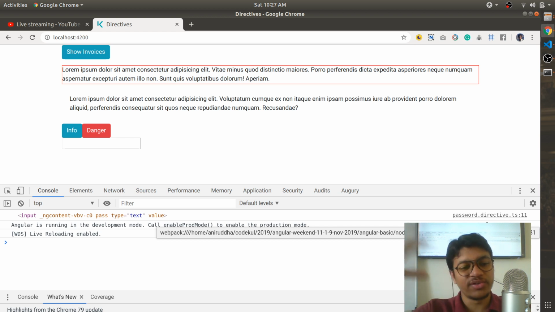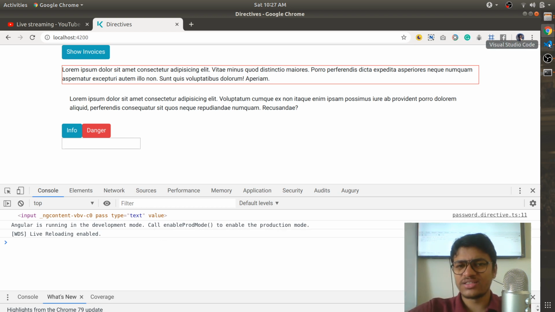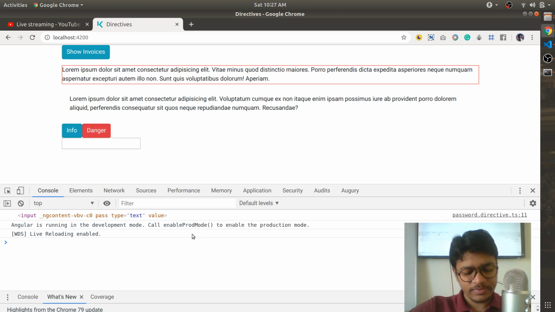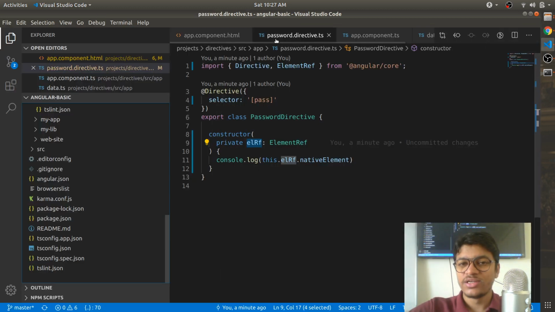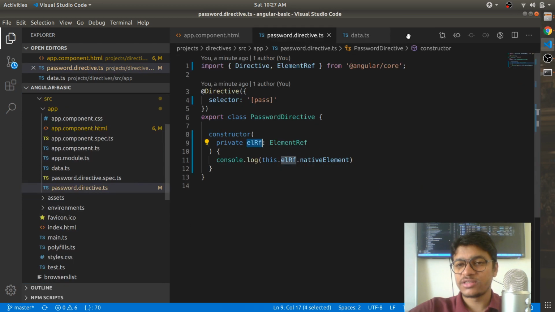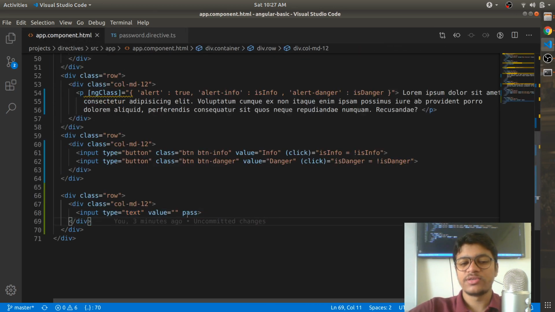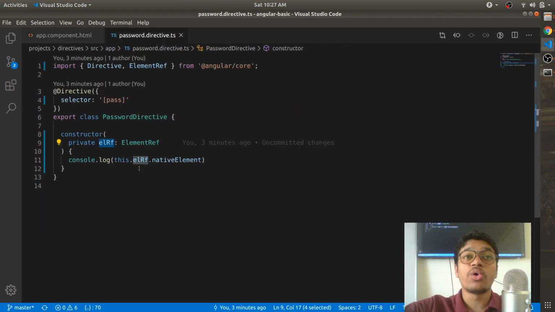In one JS, everything would be there. But that is not the concern. We'll see at the time of building the project. So if you can see this, input type text and what you have attached, just you have attached, what you can say, pass. And if you want to reach to that particular host element,